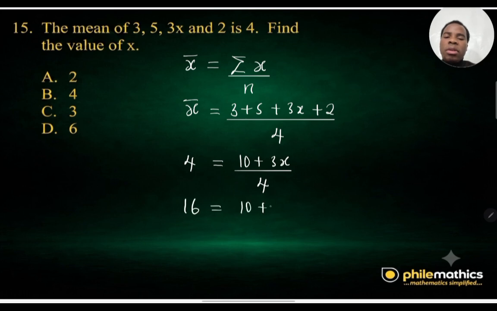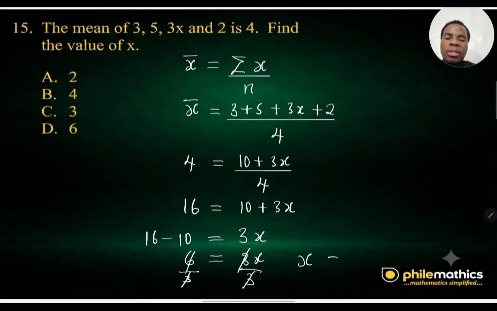This 10 plus 3x. We subtract 10 from both sides. We have 16 minus 10. If we subtract 10 here, we are left with 3x. And this is 6 equals 3x. And if we divide both sides by 3, because we are looking for x, we get that our x is simply 2,